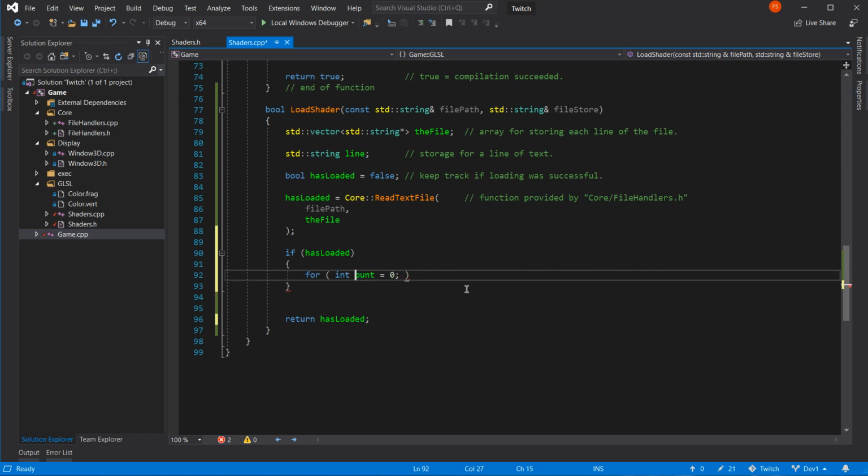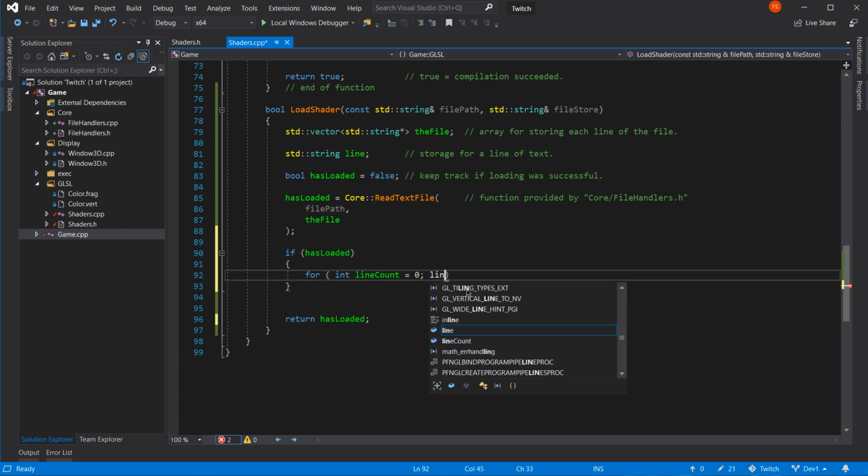Don't like that. That looks better. For line count equals 0 to line count is less than the file, is it?